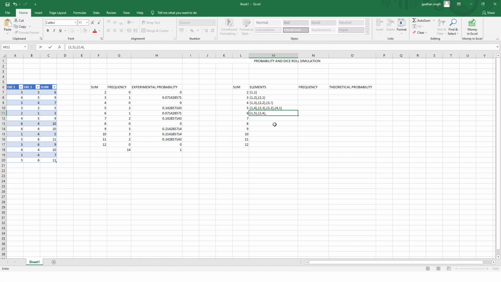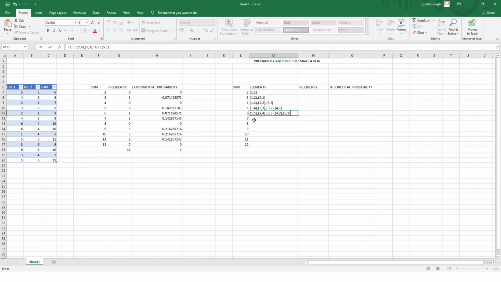Then this will increase by 1 and this will decrease by 1, so it will become (3, 3). Then next we'll have (4, 2). And then we'll write (5, 1). Total 5 plus 1 is 6.